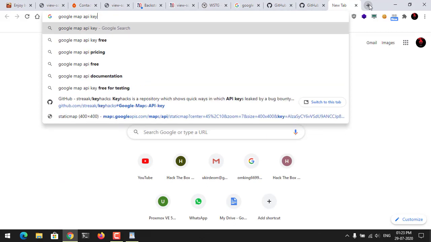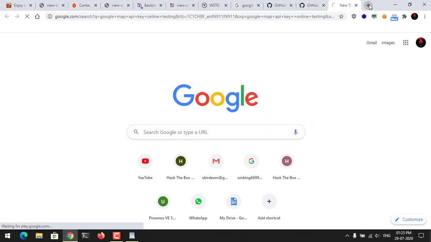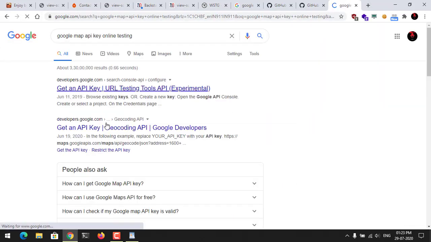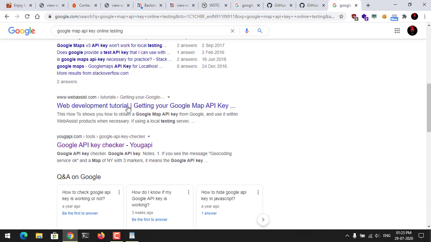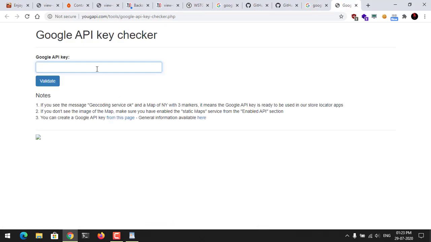Google Map API key online testing. I think this is the website. I check it.